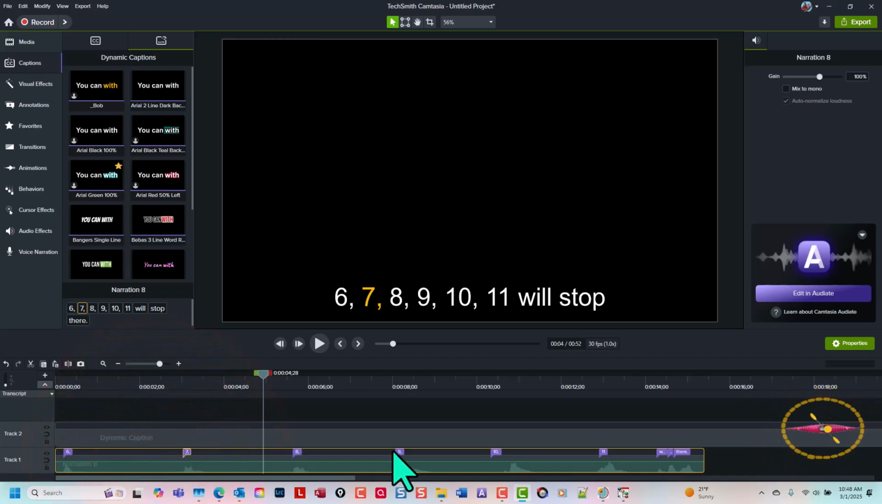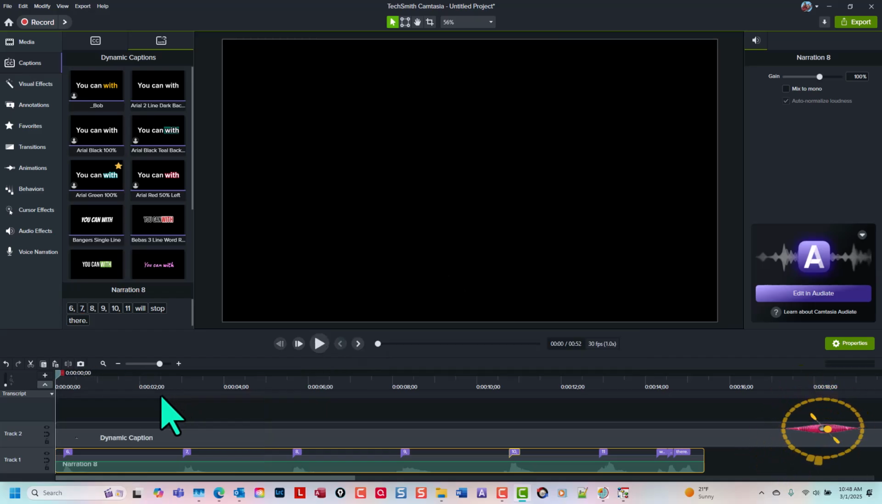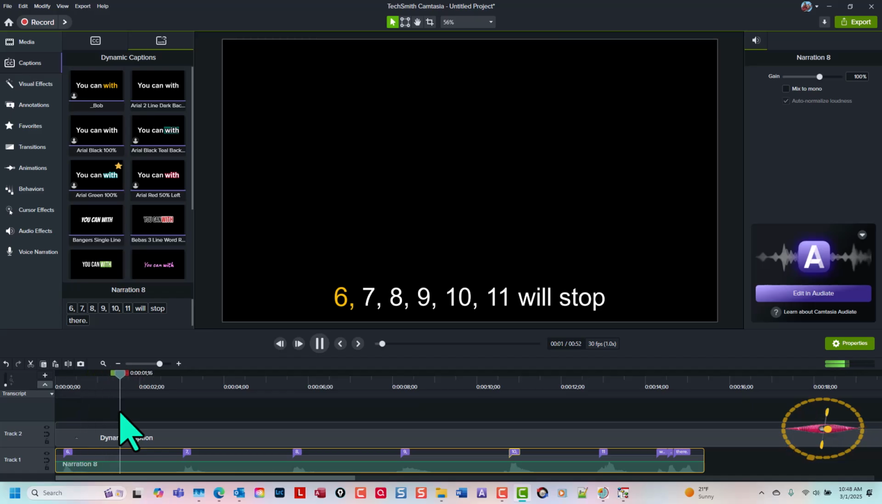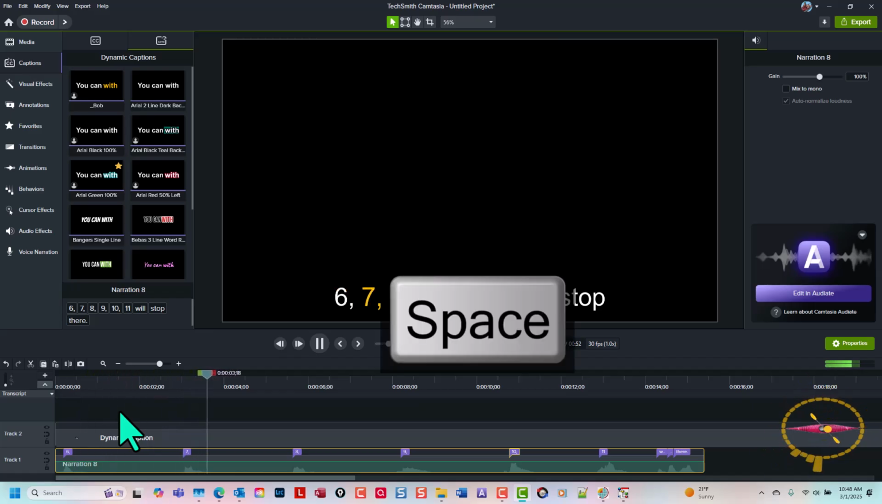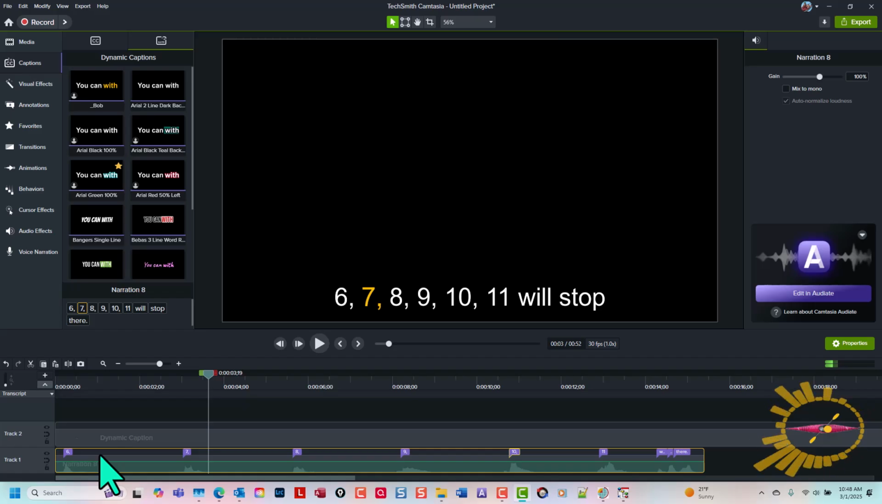7 obviously is going to start here. 8, 9, and 10. So let's go back to the beginning. And if we play 6, 7, we're seeing all these guys at once. We're not going to want that. So what we're going to do is